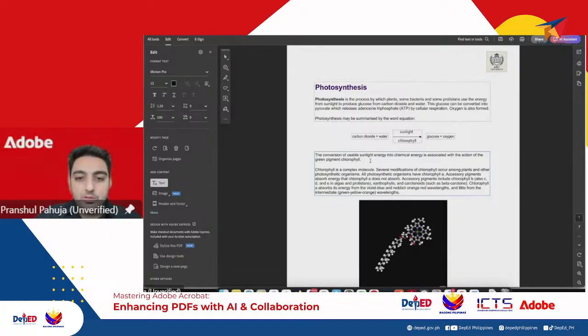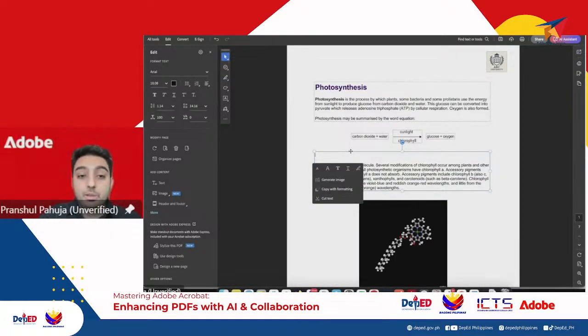So let's just say I'm not really happy with this paragraph. I can just select it. I can remove it. If I want to add more text, just adding some sample text here, I can do that as well. I have full flexibility in terms of how much text I want to add, how much I want to remove. In the editing page, I can play around with the documents. I can make sure whatever should be the final version, I'm editing and making sure that text is added or removed as per my requirements.